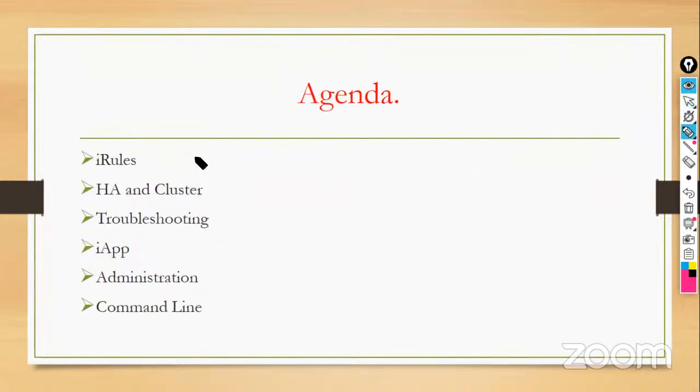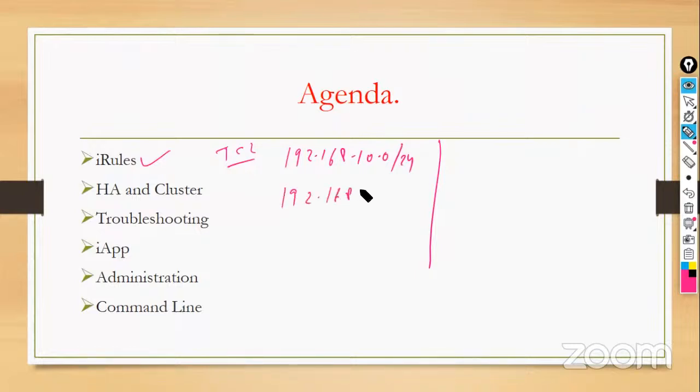iRule. So iRule is, we can say, a script, or the language which works on TCL, Tool Command Language, okay. In the iRule, whatever features you don't have in your F5 and you want to play with the traffic, for example, you have one network 192.168.10.0/24, and another network 192.168.20.0/24,